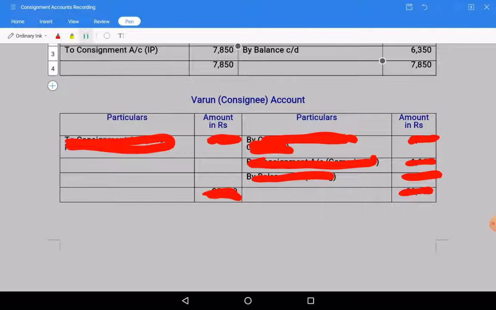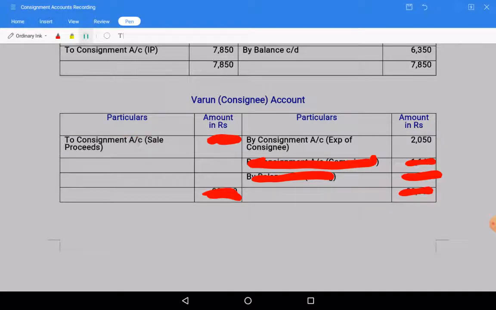So by consignment account, expenses of consignment 2050,